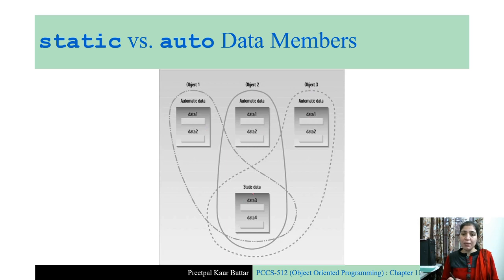But there is also some static data in that class, and this static data, as I told you, is created only once. Therefore only one copy of data 3 and data 4 is created, and this copy is shared by all the objects. So we can say data 1 and data 2 are the instance variables, while data 3 and data 4 are the class variables.